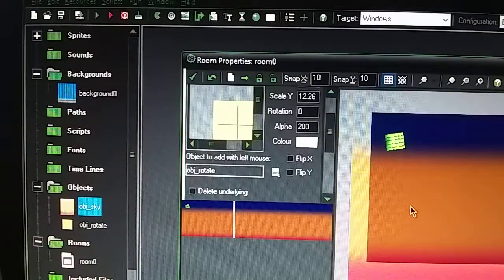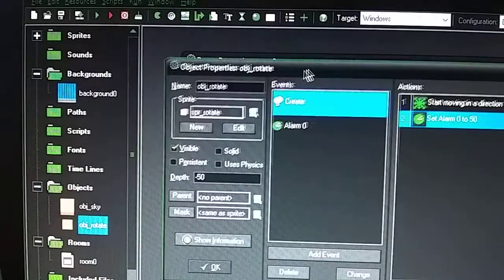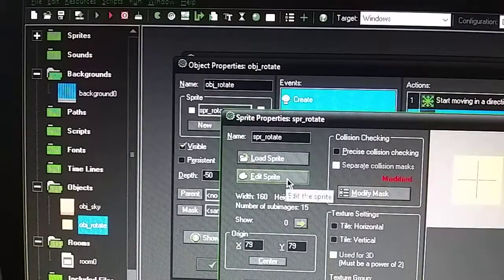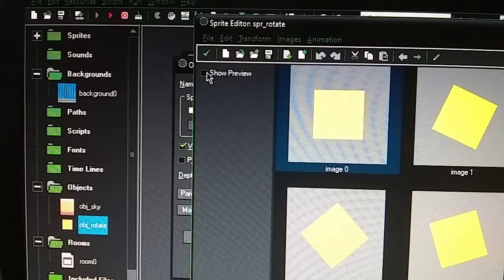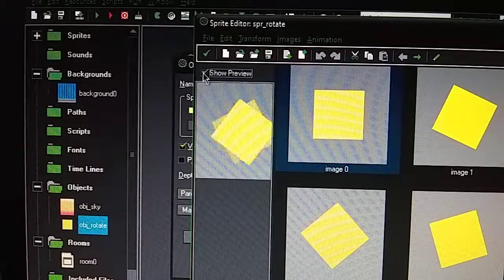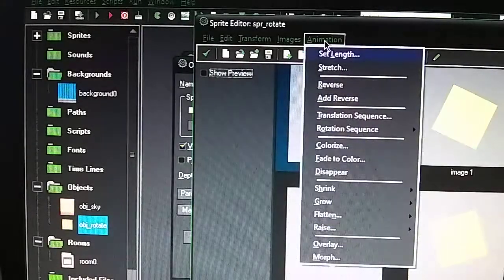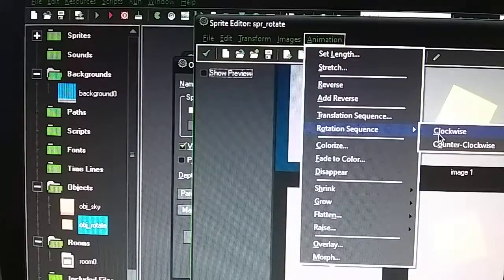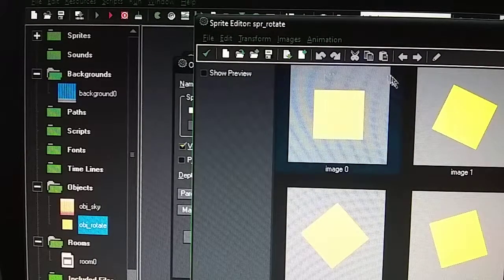Alright, and with this square object here, you can do some animation within Game Maker. Go to Edit, and see how it rotates. I did all that in GameMaker Studio. You go to Animation, then I just went to Rotate Sequence and pressed clockwise, and it animated the square box. Now when you do the animation, make sure you have enough space around the square so when it animates, it won't be off the corner here, because if you make the square too small,